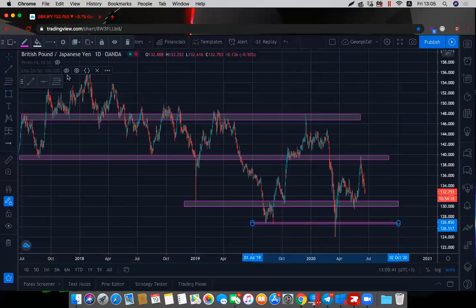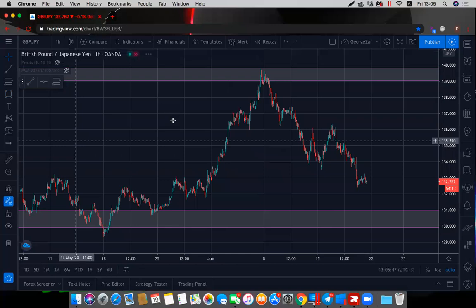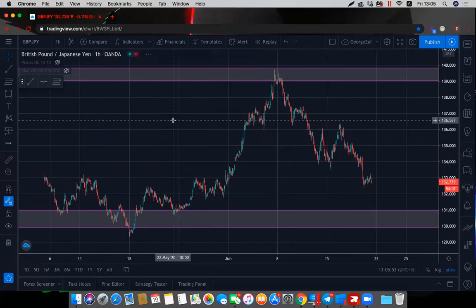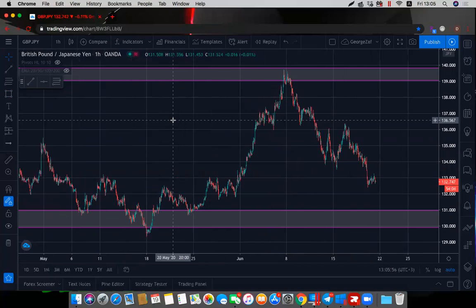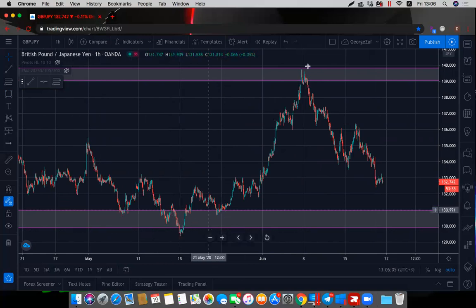So we go back to the 1 hour chart, and here we are. Look at this, perfectly. I'm so excited when I draw the lines, you know, and they apply to lower time frames and actually to all time frames. Okay, so obviously you see here an uptrend, and from June 5th, 8th, a downtrend. It hit the daily resistance, and now it goes down to hit again the daily support,